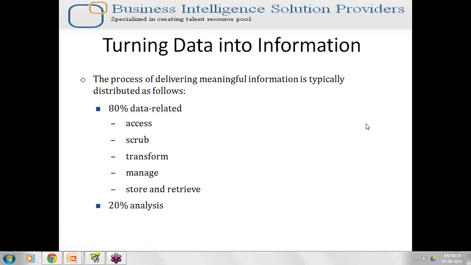That is the reason why in any environment we are always spending 80% of the effort on purely data activities. And once my data is ready, I can start using analytical operations to understand what the data is. That is the way I can easily convert my data into information.